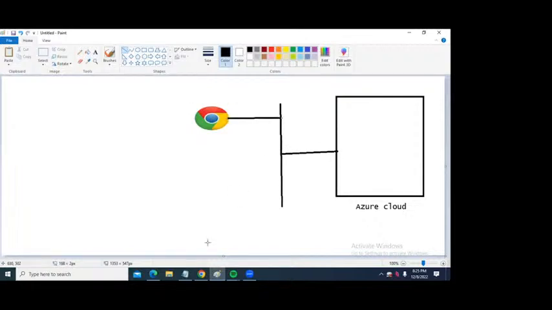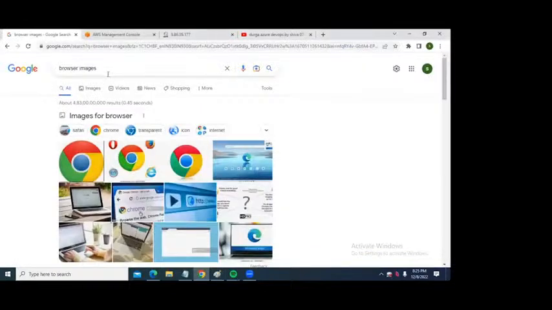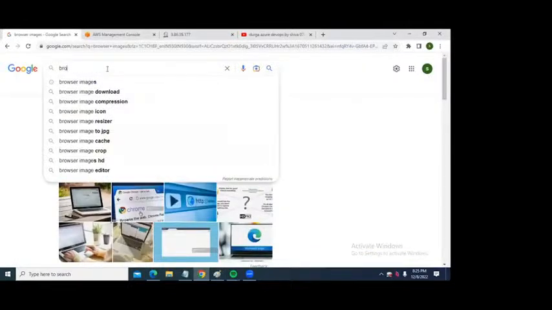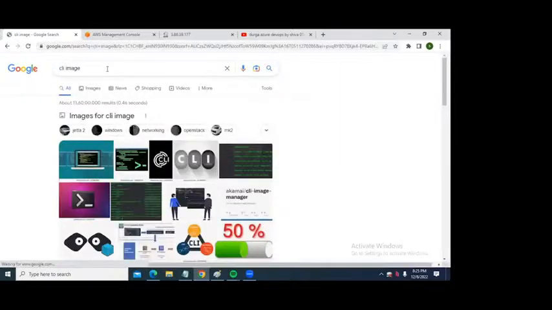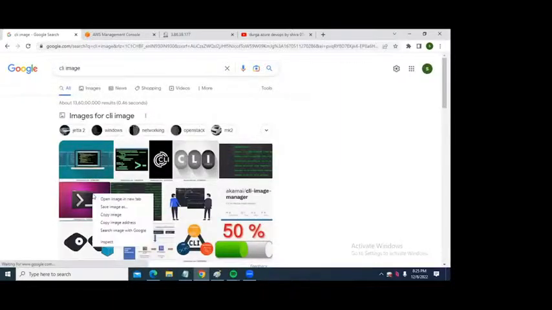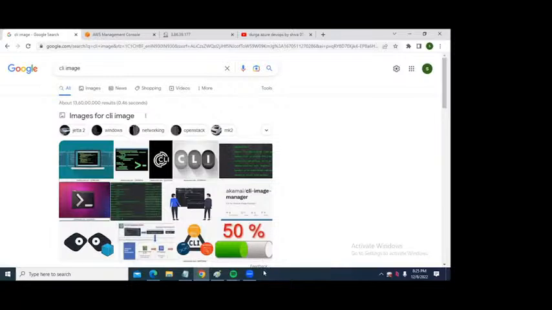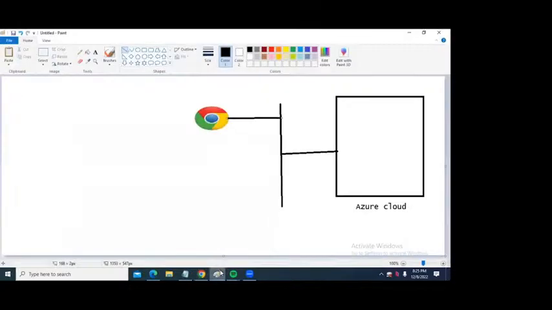Suppose this is my browser icon, or from a browser, from a website, I can use Azure cloud. This is one way. I'm going to draw a straight line here. This is the first way. And the second way of using Azure is CLI. So here, CLI image. We will discuss why Azure has given this many ways. Definitely there should be some reason, right?